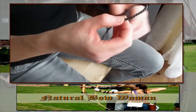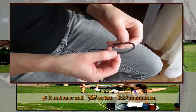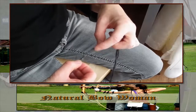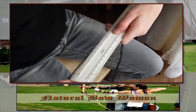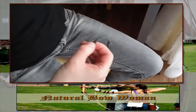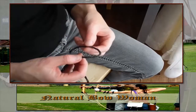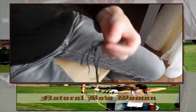Right, now we're coming to the bit where we do the loop, okay? I don't want my loop too big. That's approximately 2.5 inches, maybe 2 inches. They say about 3, but mine's a small bow, so this one, it's nearly 3 inches, about 3, yeah. So you don't need a great big loop, you just want it to fit snugly onto the groove of your bow nock, okay? So if you're not sure, just get your bow,